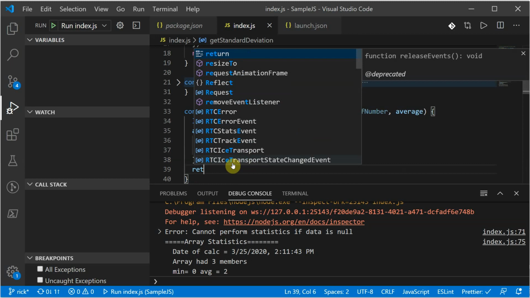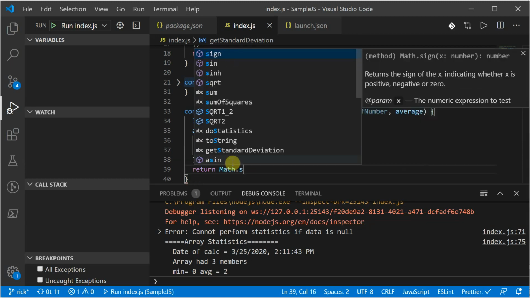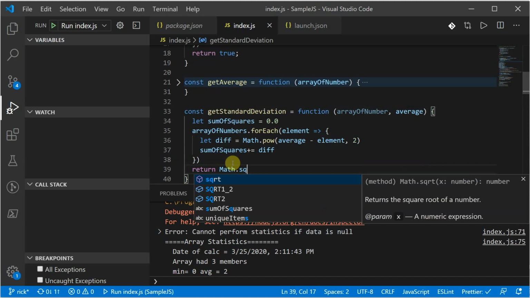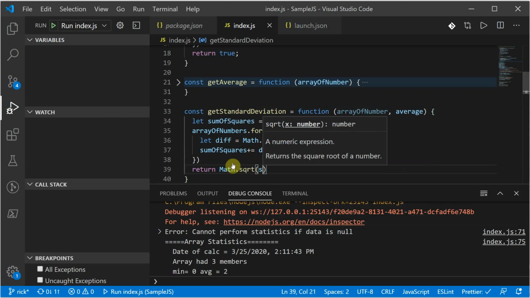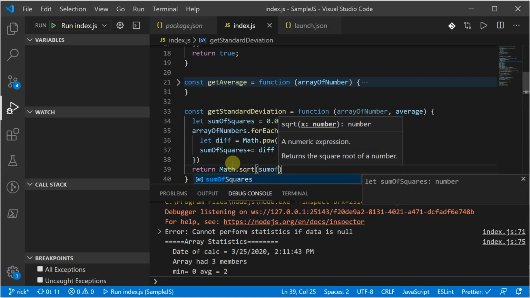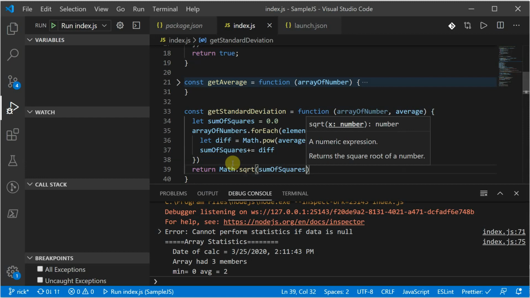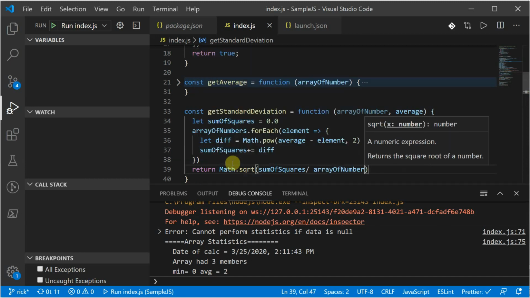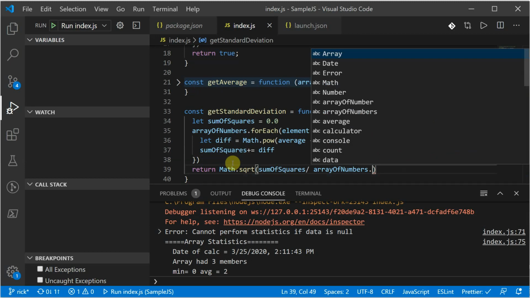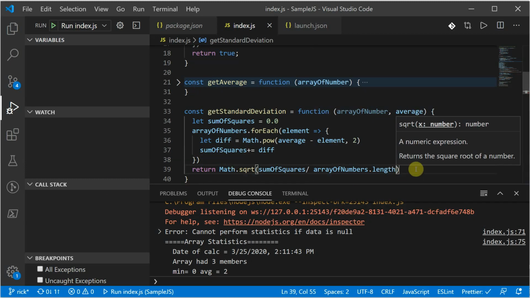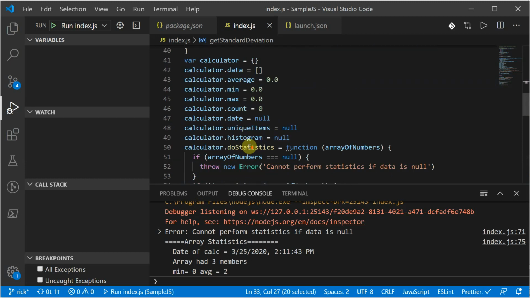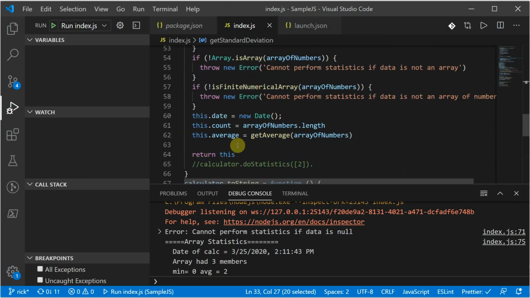So we're going to return math.sqrt in this case. And it'll be the sum of squares divided by the length, right, which would be array of numbers dot length. And that should give us our standard deviation. So now in our do calculations, we're going to do this dot